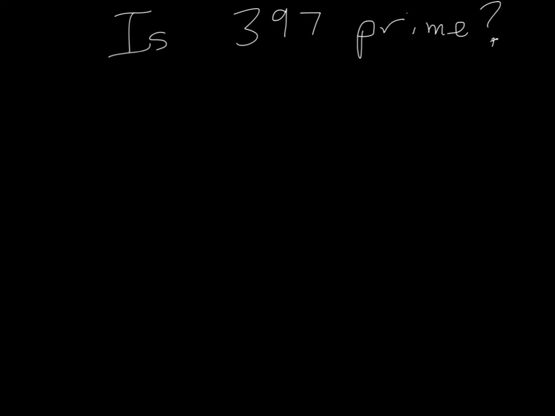Hello, so let's do this problem. We want to determine if the number 397 is prime. Now, what we could do is just try dividing all prime numbers that we know up to 397 into 397. But if you remember from class, we know that there must be